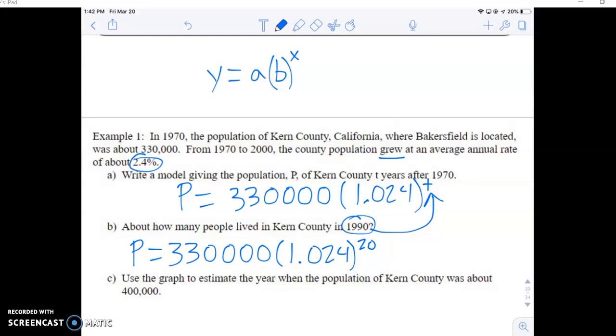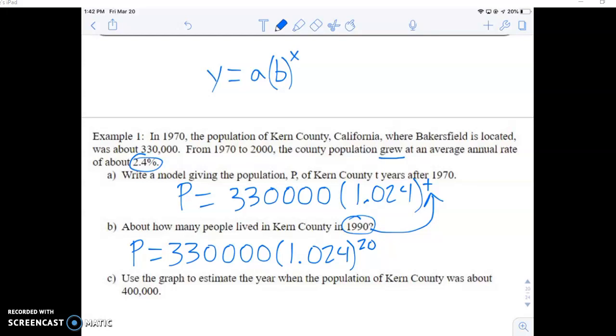So we would first need to type in that 1.024 to the 20th power. Then we do exponents first, and then we'll do multiplication. So we would go 1.024 to the 20th power, and that gives us